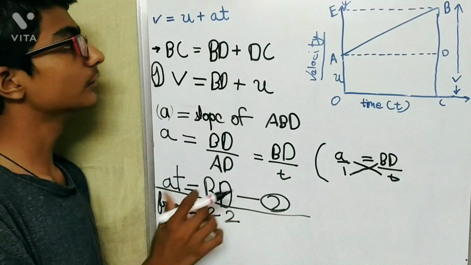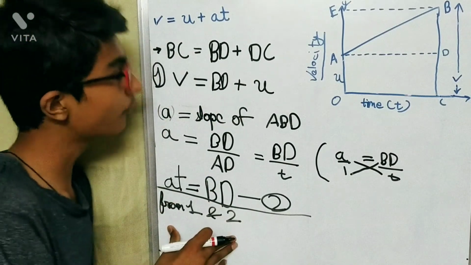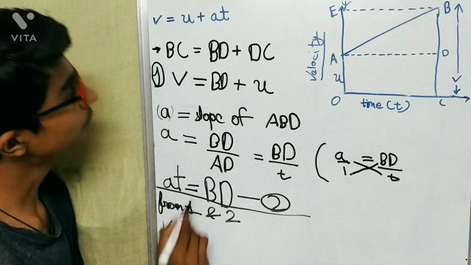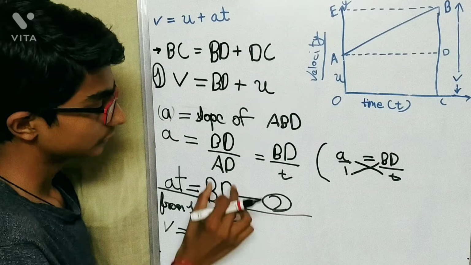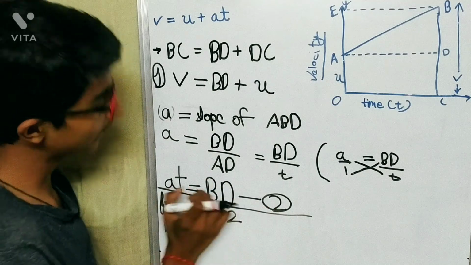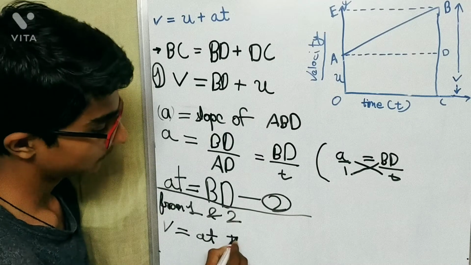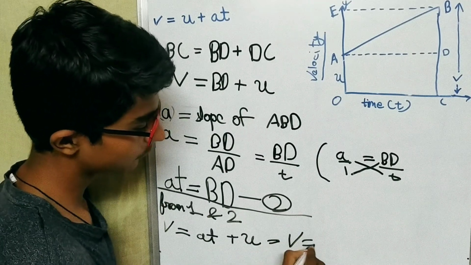This is the method to find v is equal to u plus at. So from 1 and 2, v is equal to BD plus u. Now BD is equal to at. So here we will write v is equal to at plus u, and that will become v is equal to